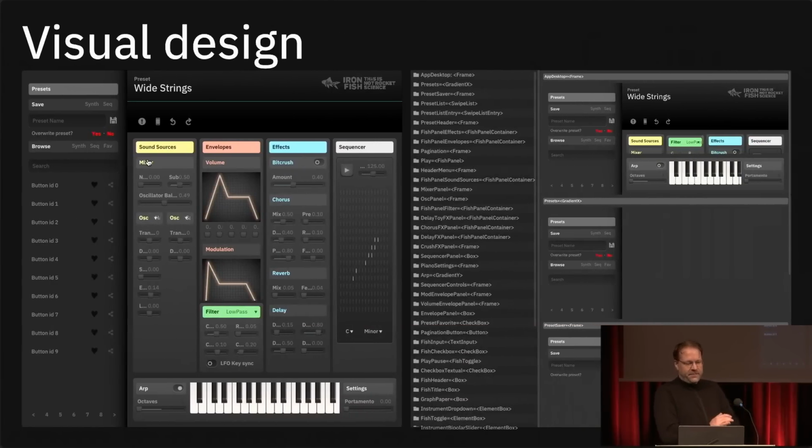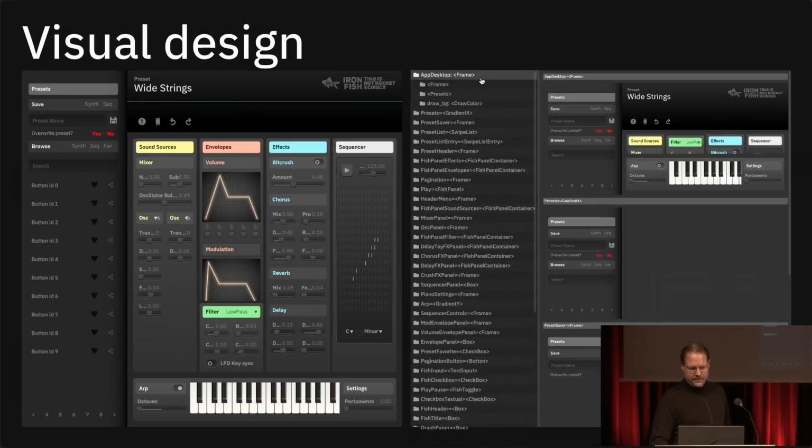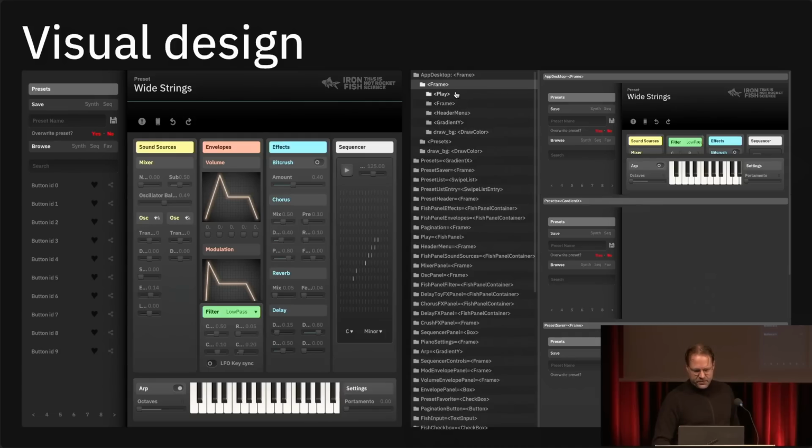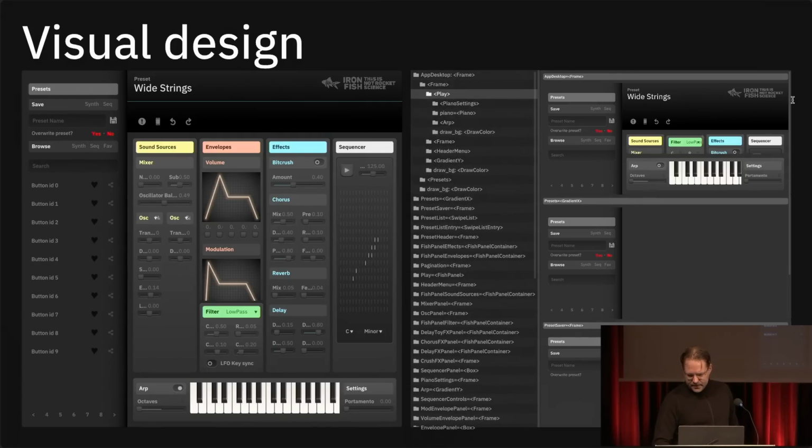And of course, we're finally moving towards our final goal, and that is that the UI is visually designable. So over here you see essentially the outline. This is very similar to what would be your outline in Figma. The font size and the style of this is of course not good. But here you see the desktop app with all the little frames. And here is the